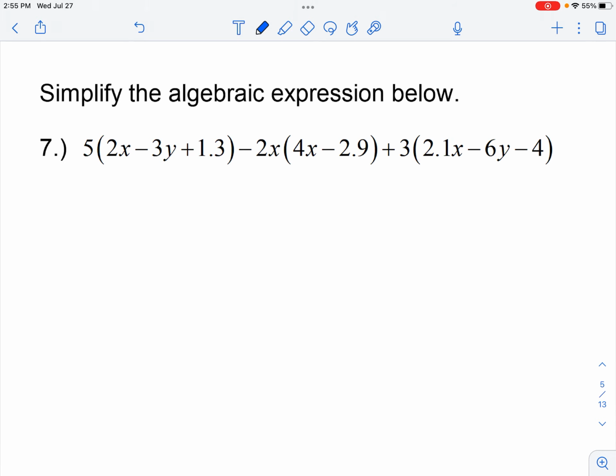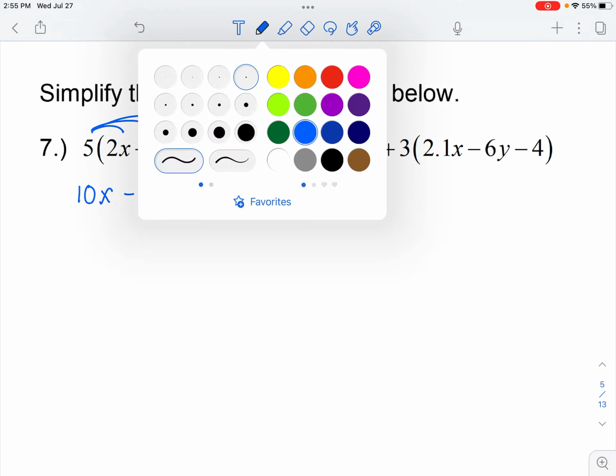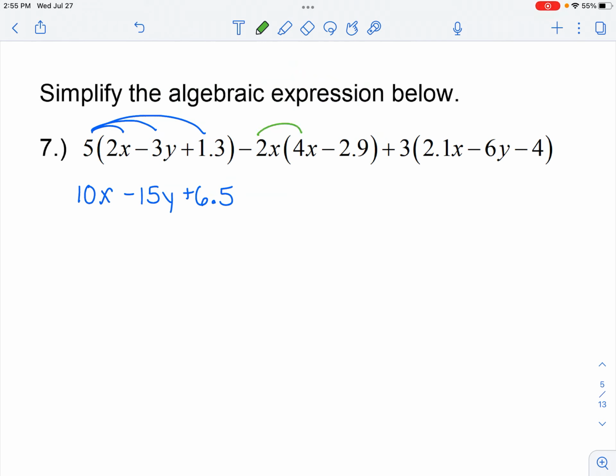All right, so what I'm going to do is the distributive property here. So I get 5 times 2x is 10x. 5 times negative 3y is negative 15y. 5 times 1.3 is 6.5. Then I'm going to do the distributive property again with the negative 2x. Negative 2x times 4x, negative 2 times 4 is negative 8. x times x is x squared. All right, and then negative 2x times negative 2.9 is positive